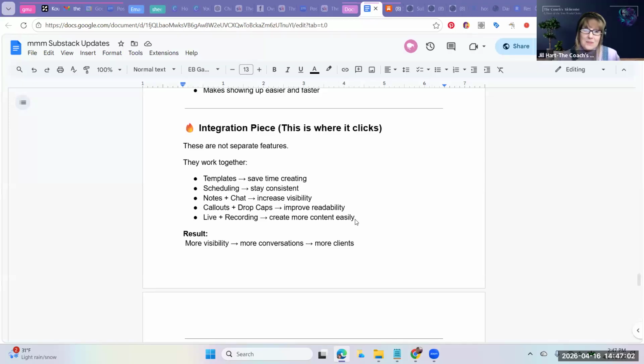Okay, so drop caps, and then using the block spaces for quotes, and using more than one image, and adding the longer images back in for Pinterest images. All of those things help break up your content and make it more readable and more shareable. And we really want our stuff to be shareable more than anything else, because that's how you bring new people in.